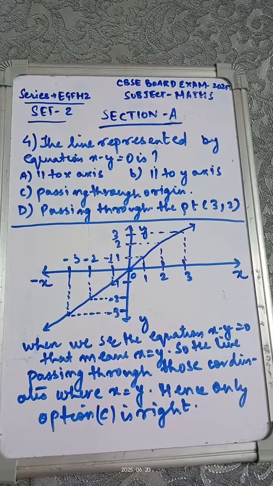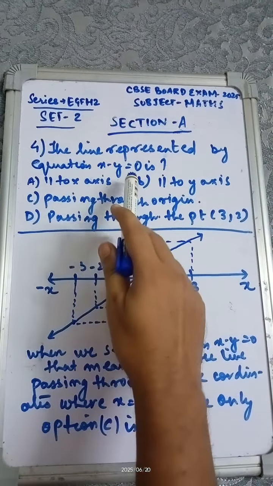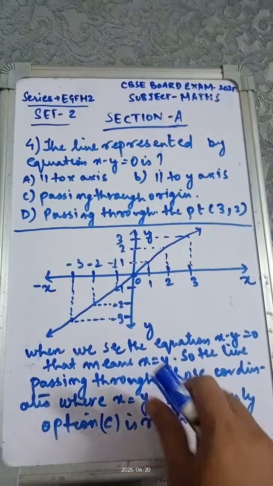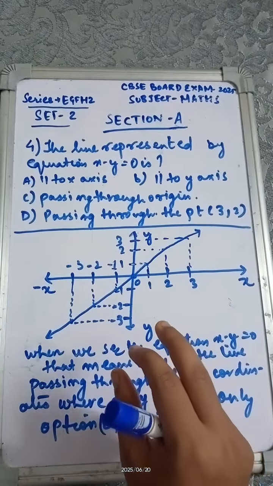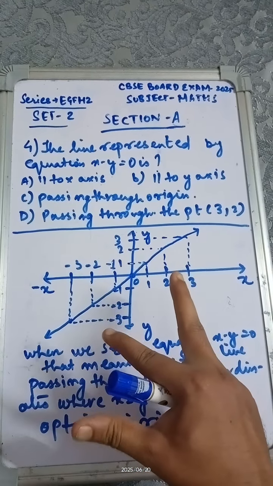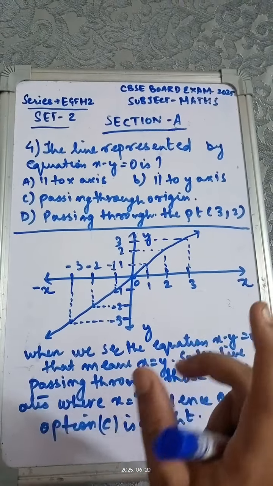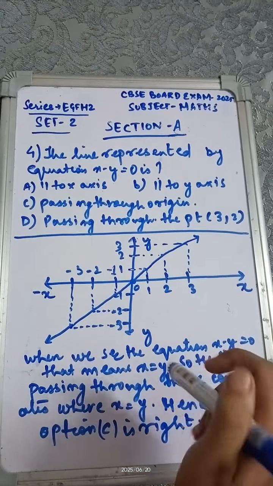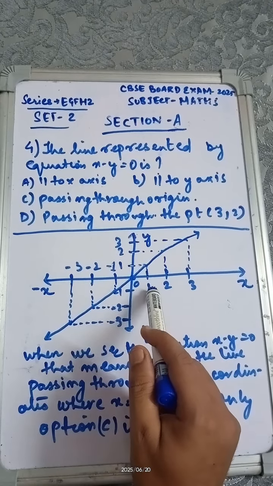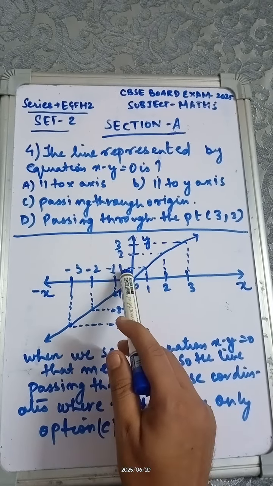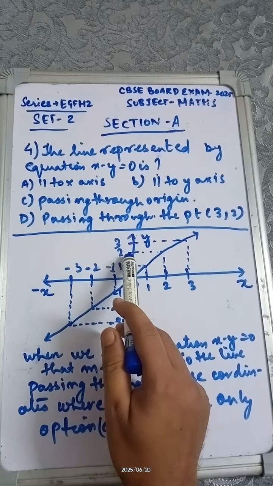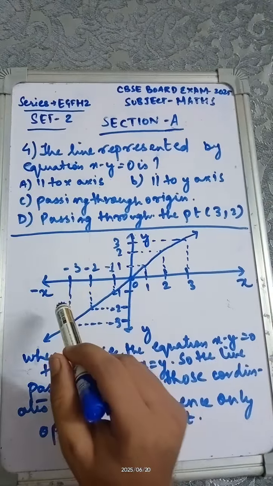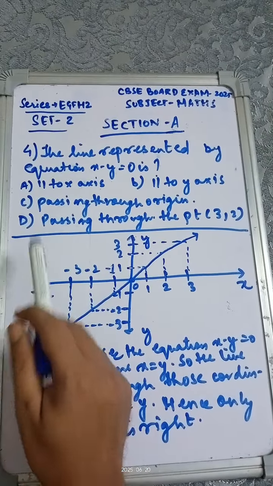What I mean is, when you observe the equation x minus y equals 0, simply x is equal to y when we send y to the right hand side. That gives us a very clear idea that this line will be passing only through those coordinates where the values of x and y are equal. So suppose I take x equals 1, then y is also 1; x equals 2, y equals 2; x equals 3, y equals 3, and the line will be made like this. Okay, now we will be eliminating the options.